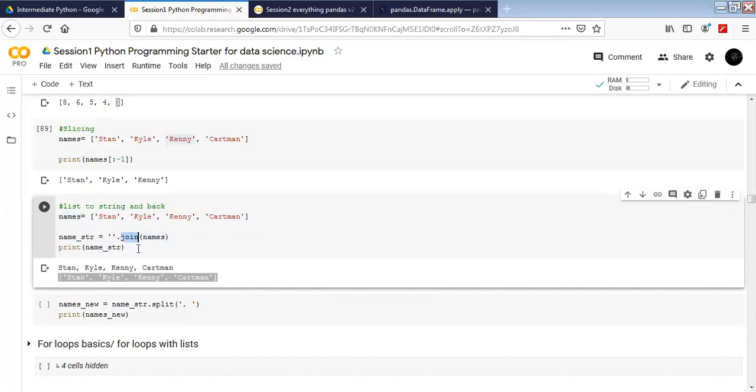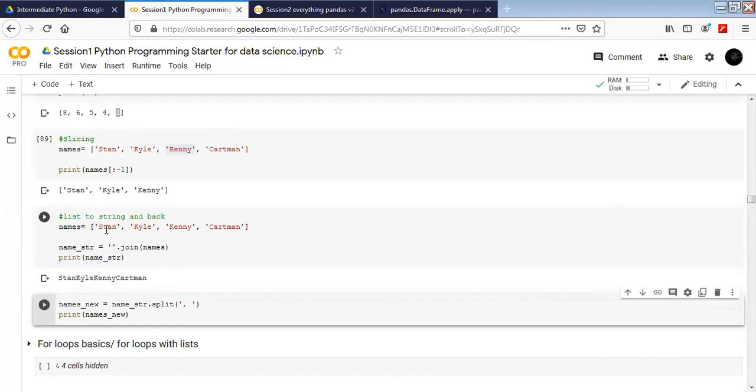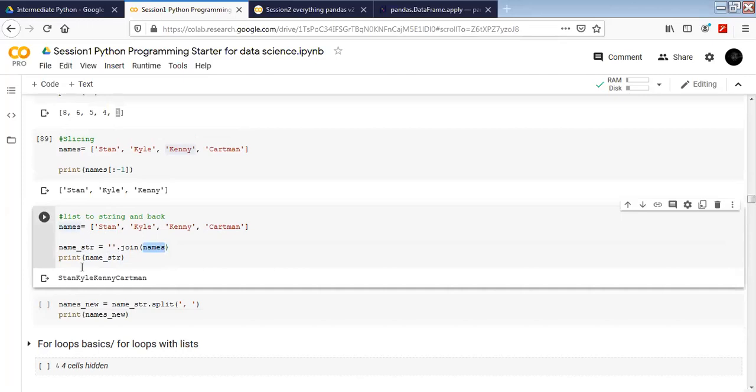What this function is going to do is take the first element, Stan, and put it in the first place. Then it's going to join the next element, Kyle, directly after Stan, then Kenny after Kyle, and then Cartman after Kenny.